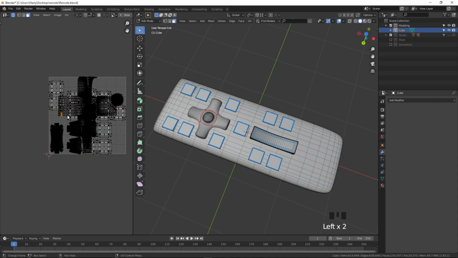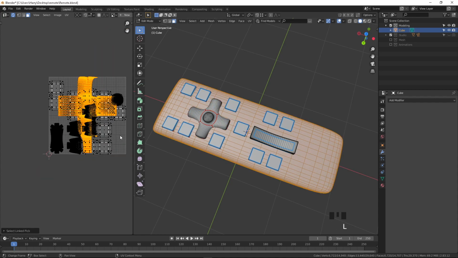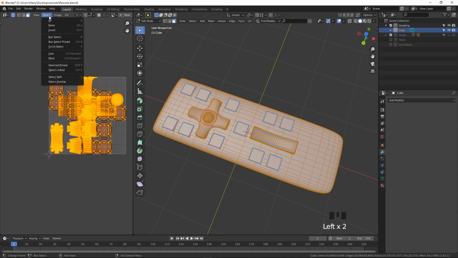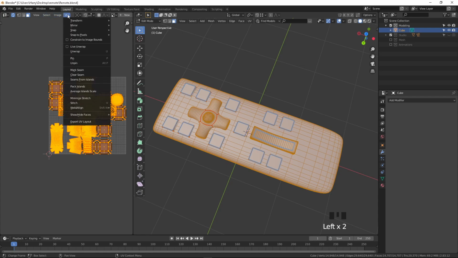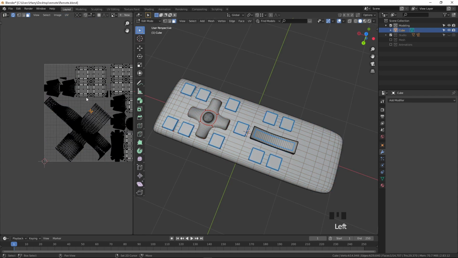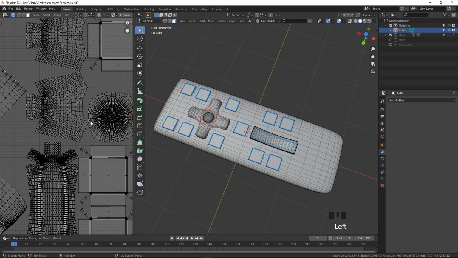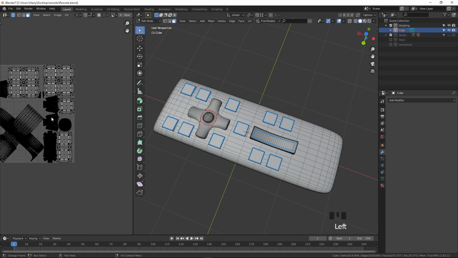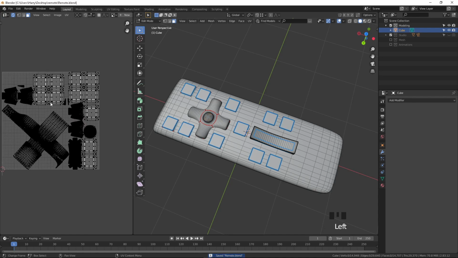Actually this one is not required for us, so many things. Instead of scaling each and every one like this, I can select this, go to the UV menu and pack the islands. Now you can see everything is packed as per our requirement. This is the center point, right? So our unwrapping is ready. I press Ctrl S to save and go to image.